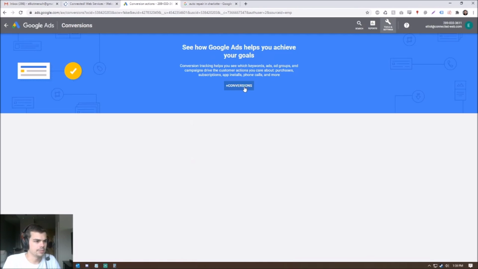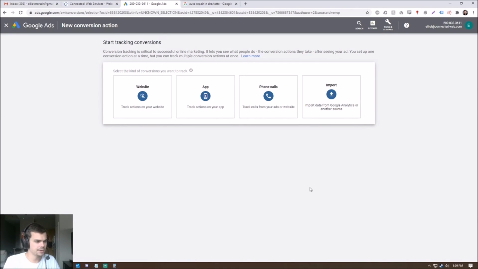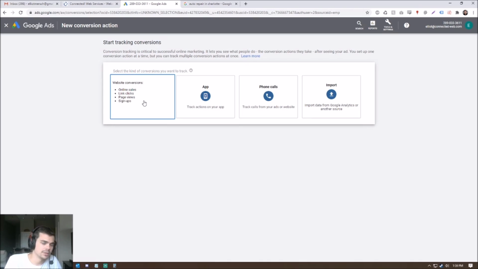All right, so I'll click the plus conversions button, and you can see here there are different conversions that you can track. So you can track actions on your website. Their examples are online sales, link clicks, page views, signups. So maybe if somebody gets to your website and they buy a product, that's counted as a conversion. If they click a specific button on your website that you've got linked to something that you want to know about, you can set that as a conversion. If they sign up for an appointment or something, there are endless possibilities of things that you can do, but generally it's indicating that that person took an action on your website that turned into a sale for your